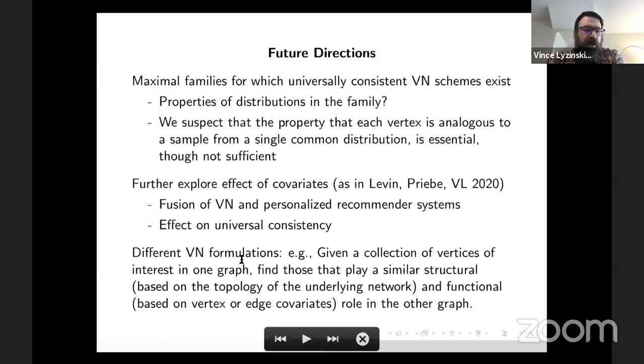I call them VN formulations, but they're more general. So you can think of, if this is just a general framework for lightweight information retrieval, then why are we just retrieving vertices? We could think of doing subgraph nomination. We could think of doing things like functional nomination, for nominating collections of vertices that have similar roles in the network, or things like that. So we're pushing this problem further, both from a theory and a practical perspective.